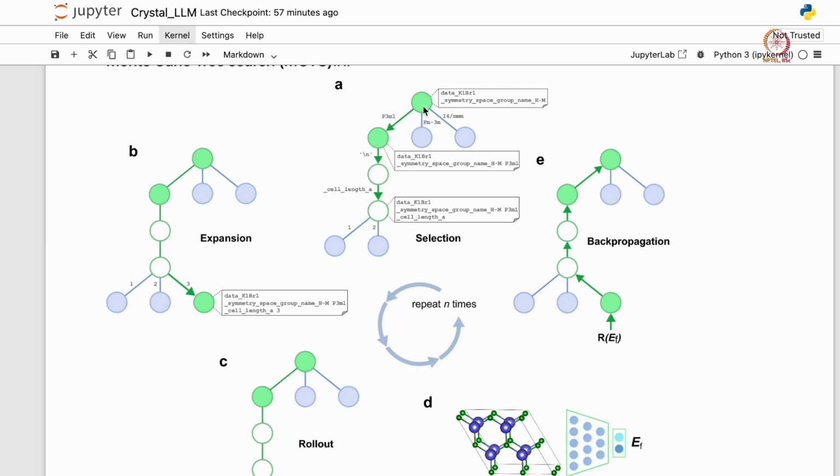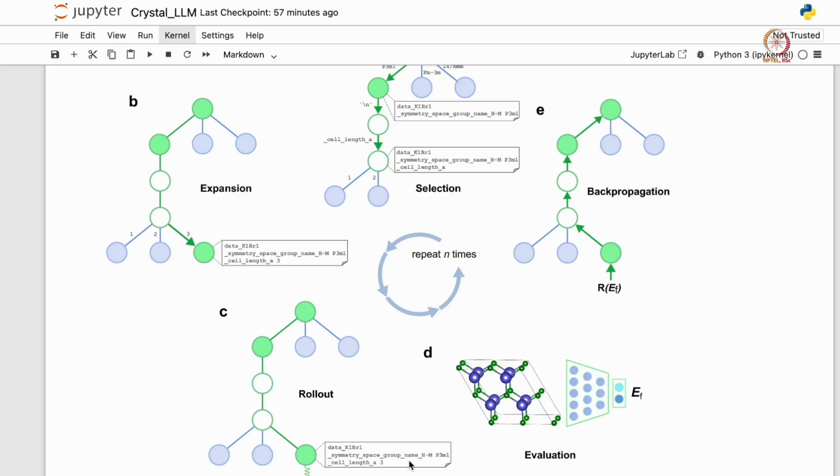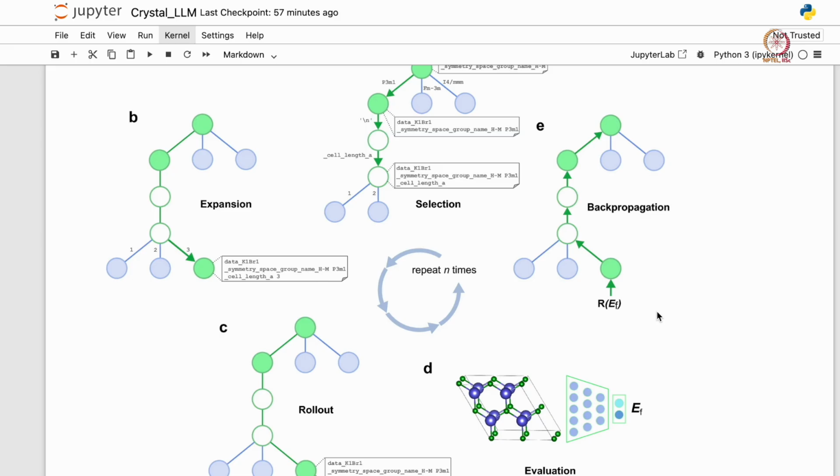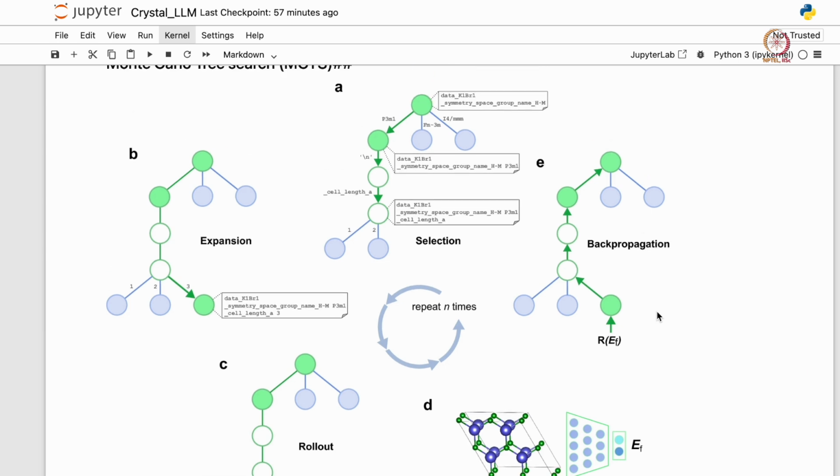So this is a child node, and from the tree node you will explore each of the child nodes, finally complete the CIF, evaluate the formation energies, and based on the formation energies you will rank each path, to see which path seems promising. Once you have done that for a large number of repetitions, based on the scoring of each branch, you will see that some branches look much more promising in terms of giving good formation energies than other branches.